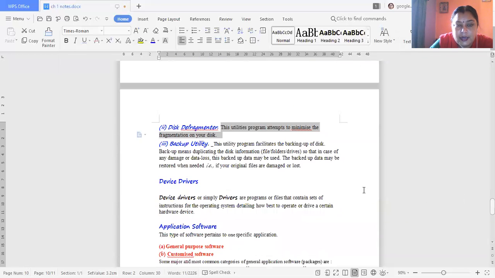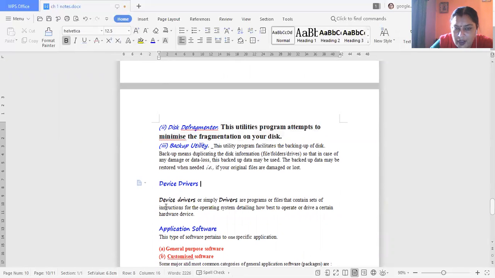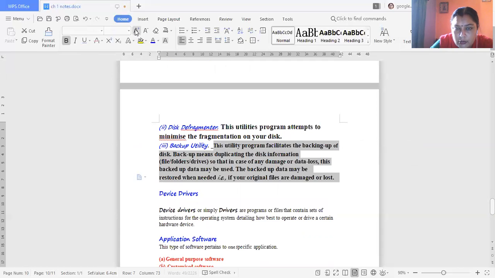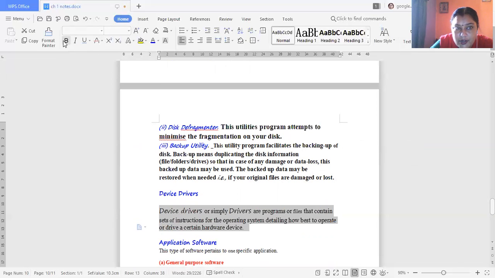Next is device driver software. A device driver is a program or files that contain a set of instructions for the operating system on how to operate the devices. To use new hardware, to work on a particular hardware device, we have to use driver software.